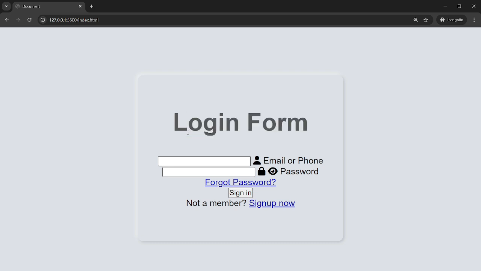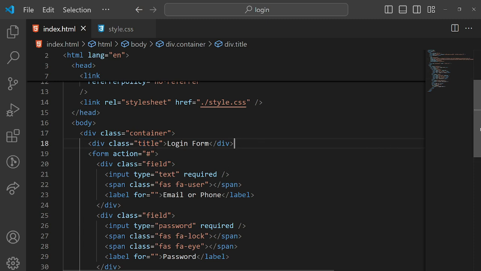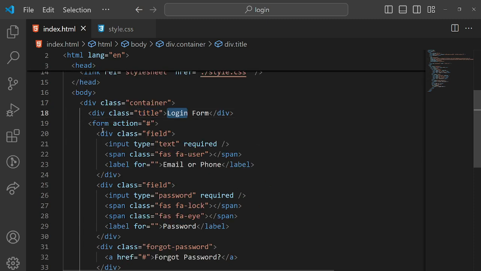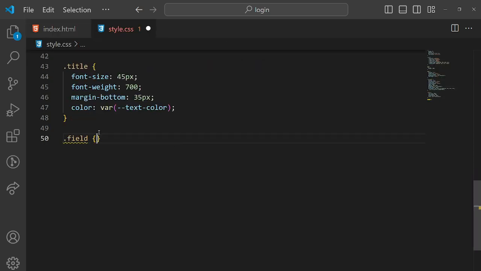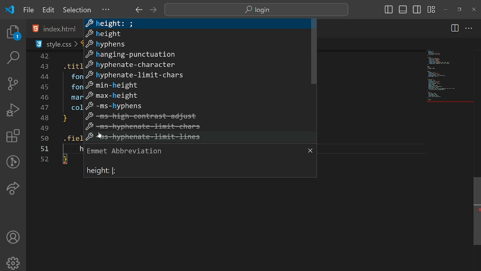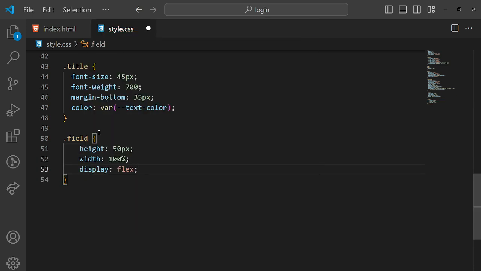Nice. So the title is ready. So next move to this HTML file again, and here after this title div, you can see we have this field class. Okay, so let's target this field class. So for that, dot field, and here height is 50 pixel, width is 100%, and it is display flex, and